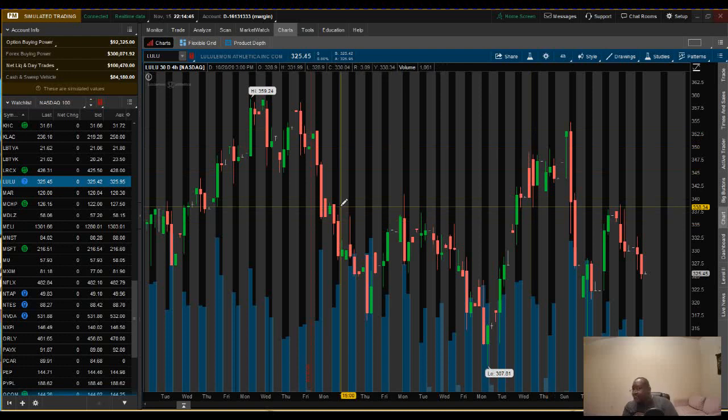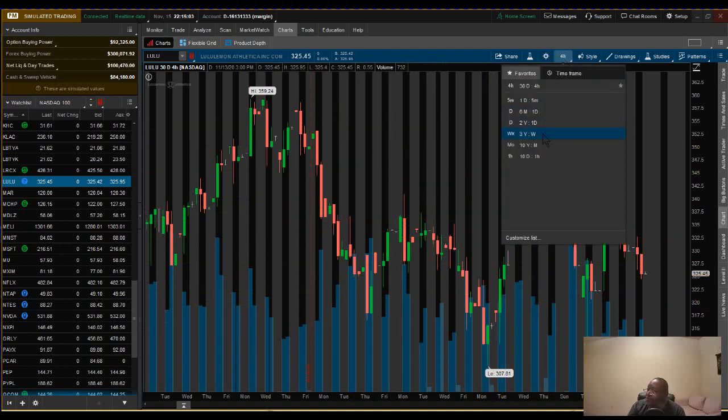in day trading. And as you can see, it looks totally different. Same stock, but the time frame that you are using changes the whole scenario. If you're looking to day trade, you want to do 4 hours, or you want to do